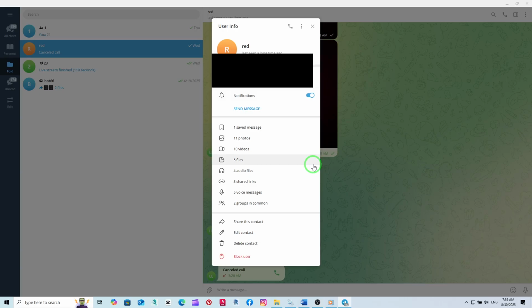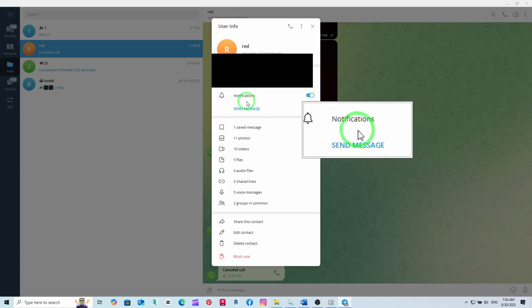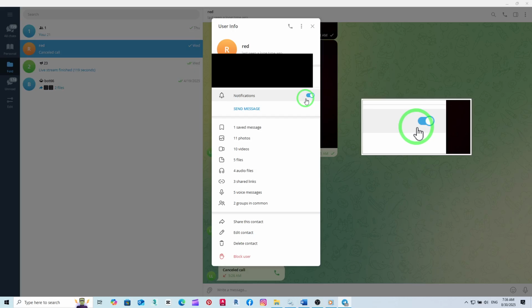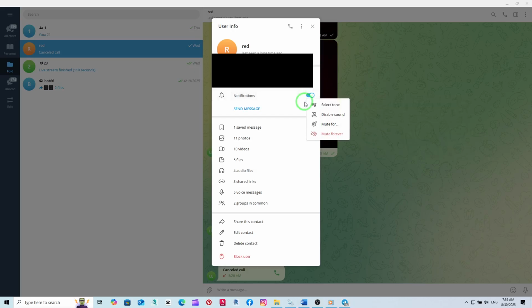Focus on the notification section. This is where you can control how often Telegram alerts you whenever this person sends a message or tries to call you. Click on the notification toggle to disable it. By turning this off, Telegram will silence all notifications, including calls, from that specific person. You'll still be able to see messages and missed calls when you open the app, but you won't be interrupted